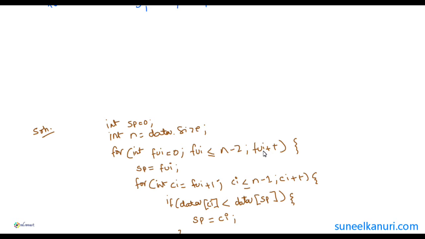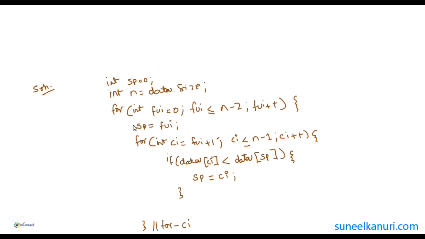Then we update the FUI and we initially make an assumption that the position of the smallest element is the first unsorted index, or the position of the first unsorted element, and then we compare that element with every other unsorted element in the data set. To do that, we're going to initialize a variable called CI to the element right of the first unsorted element by doing CI is equal to FUI plus 1, and we will continue our CI until the end of the data set, which is pointed by n minus 1, and we do an if where we compare the data at the position that is being pointed by our current index, our comparing index,